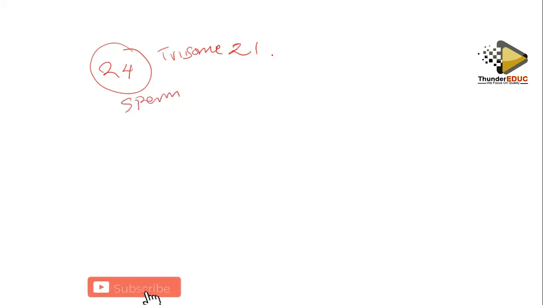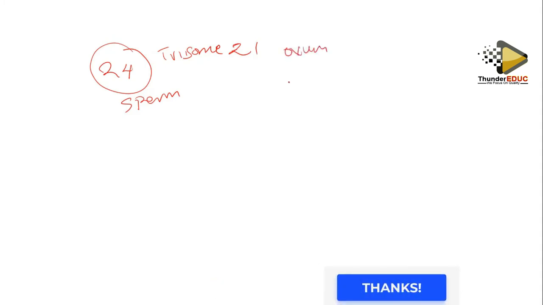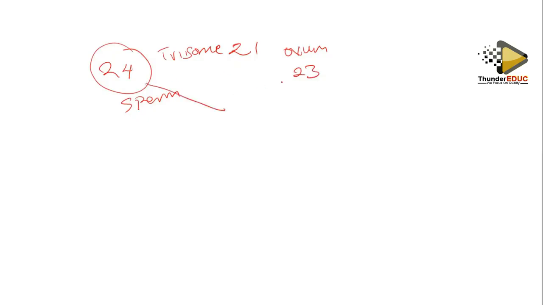If this cell, which has 24 chromosomes, the trisome 21, fertilizes a normal gamete, for example, this is a sperm, and then fertilizes a normal gamete, which is the ovum. Then what we're going to have is a normal ovum. Remember, a normal cell is going to have 23. So now it's going to have 24 and 23. Then you're going to have 47. Remember, a normal person is supposed to have 46. Now, instead of 46, it's going to have